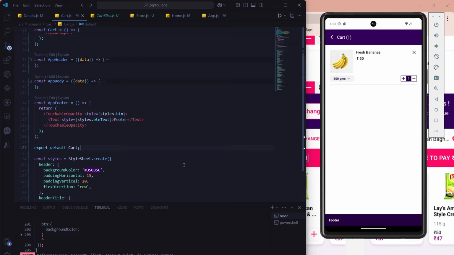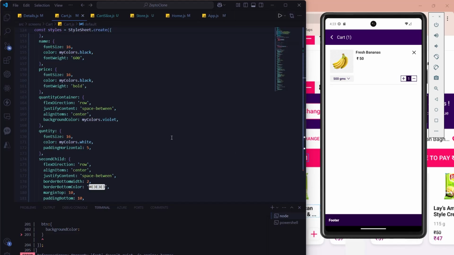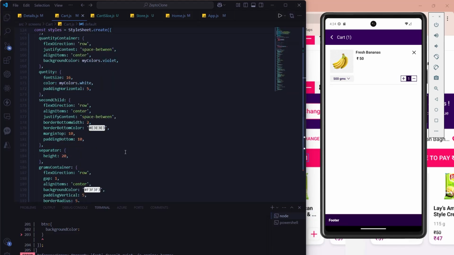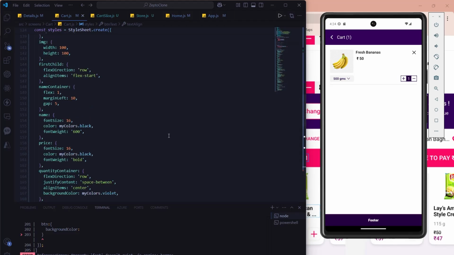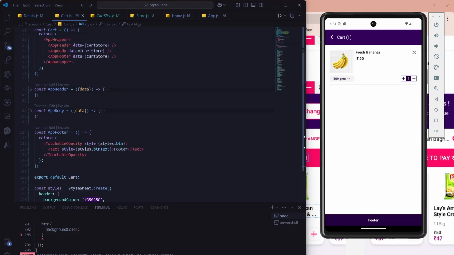Now you can see a button is there, and there is one more thing right now. The button is not in center. I want that button text exactly in center. Align center. That's it. Now it will exactly come to center position. Now let's change the continue to payment,